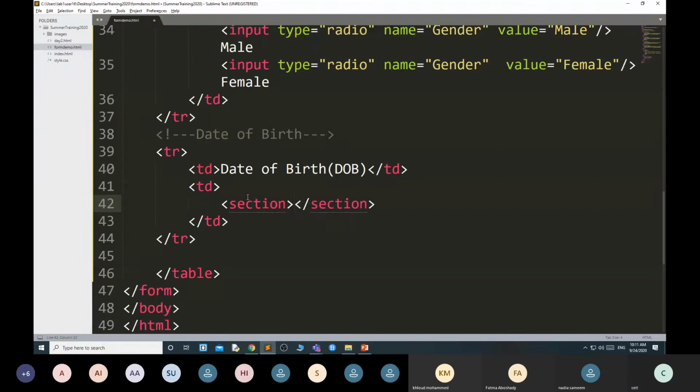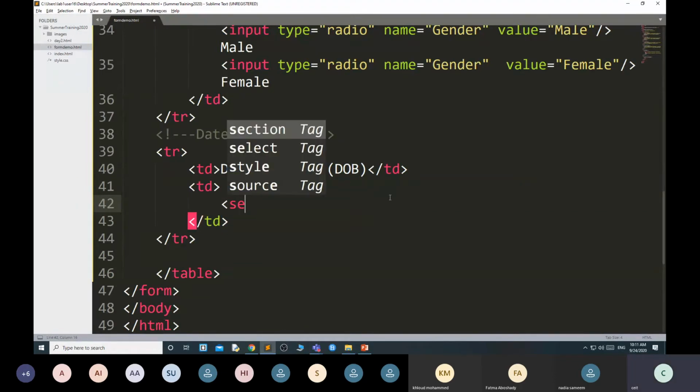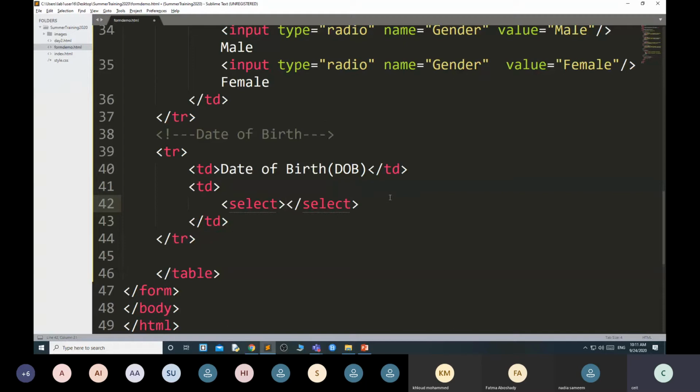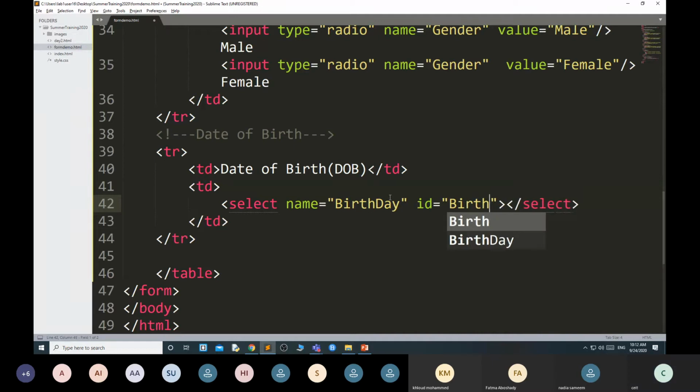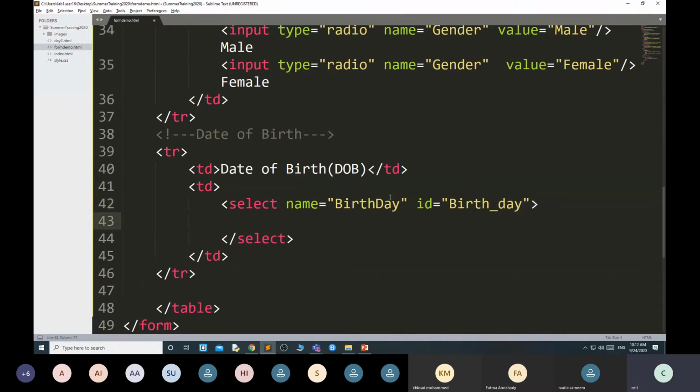Using select. First I am showing the old way. ID equal to birthday. Then inside this select, I'm going to provide the options.